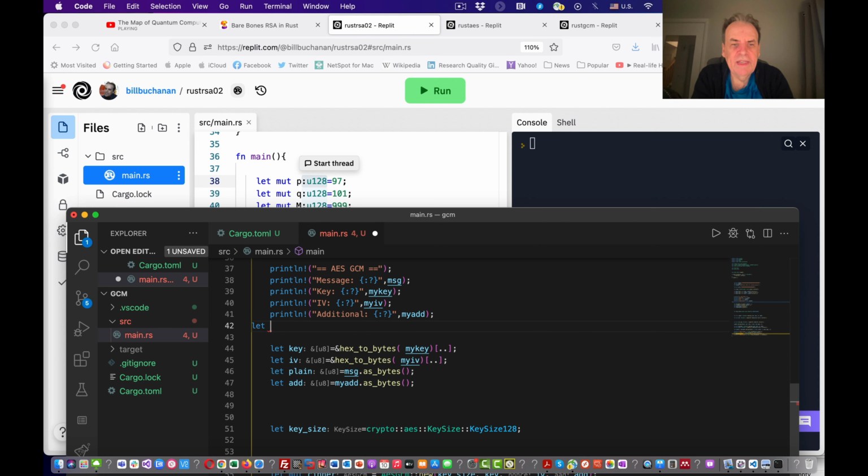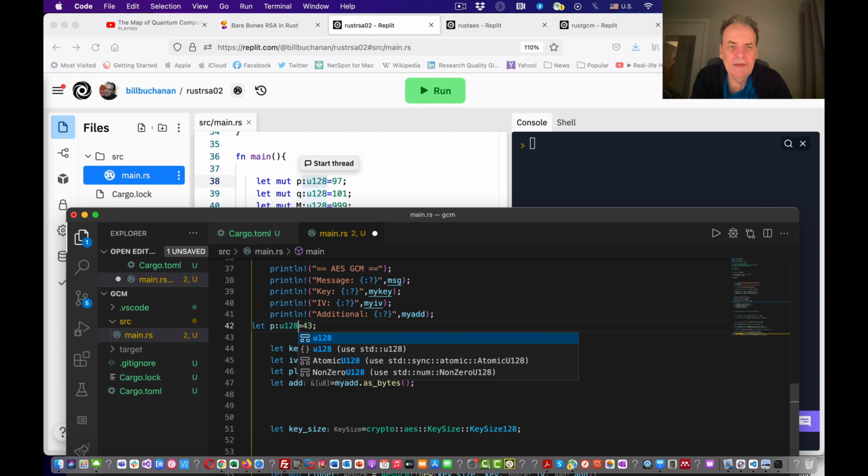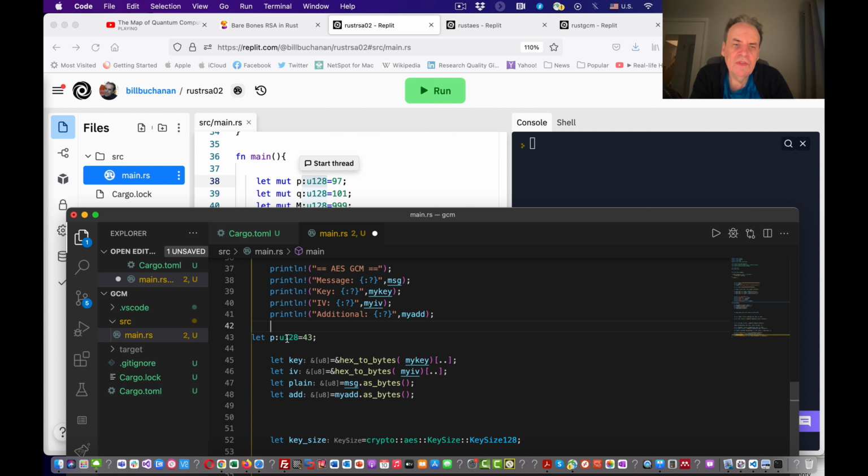So when we say let p equal 32, we can see here it's been automatically cast to an integer, that's a signed integer, 32. If we want to make sure that we cast it to something else, we must put in something after the colon there. Okay, so now P is unsigned 128-bit.